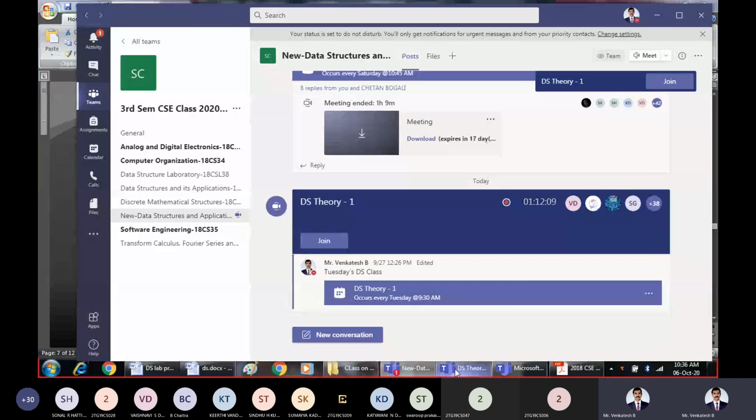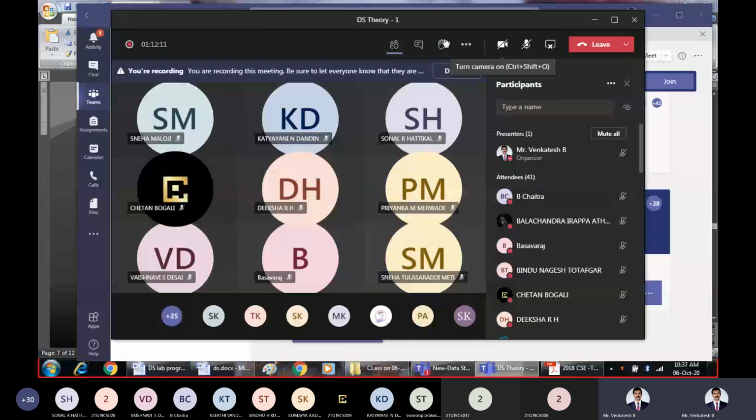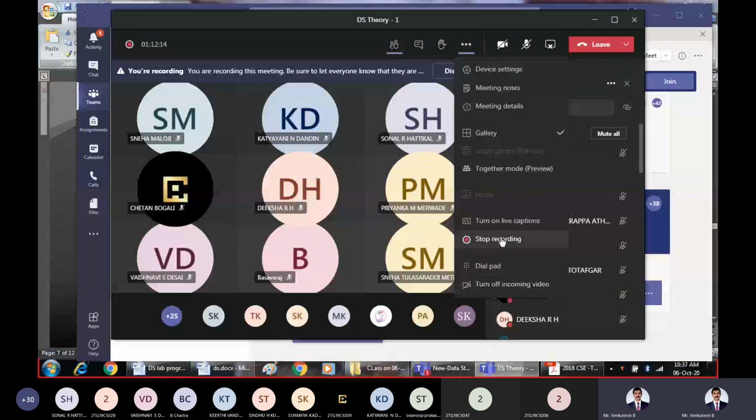Ultimately, in this class, what we have studied was performing all the operations of the stack. So we have